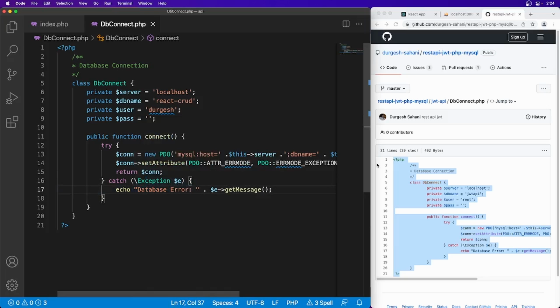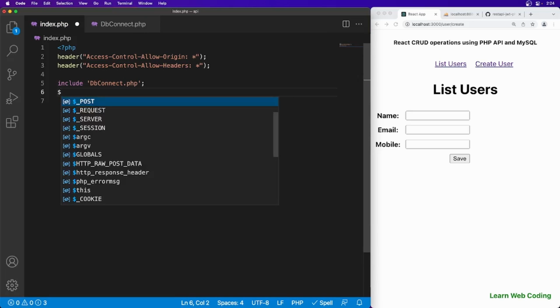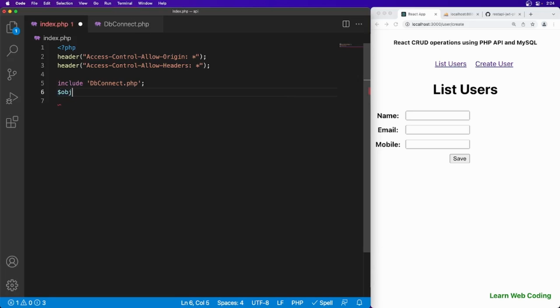Now let's go to the index.php file and here include that file dbconnect.php, and let's create an object of the db class.